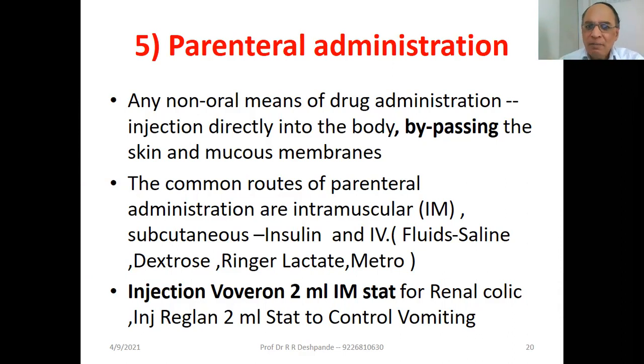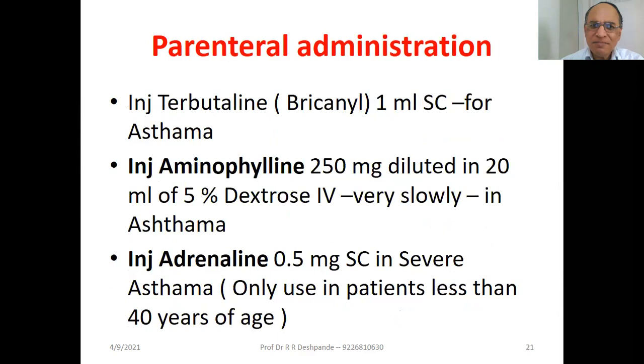The common parenteral routes are intramuscular, subcutaneous, for example, insulin for diabetes mellitus, and intravenous fluids like saline, dextrose, Ringer lactate, metronidazole, etc. Injection Voveran, very famous, 2 ml stat for renal colic. Injection Reglan, 2 ml stat to control vomiting. Injection terbutaline, that is Bricanyl, 1 ml subcutaneous for asthma. Injection aminophylline, 250 milligram diluted in